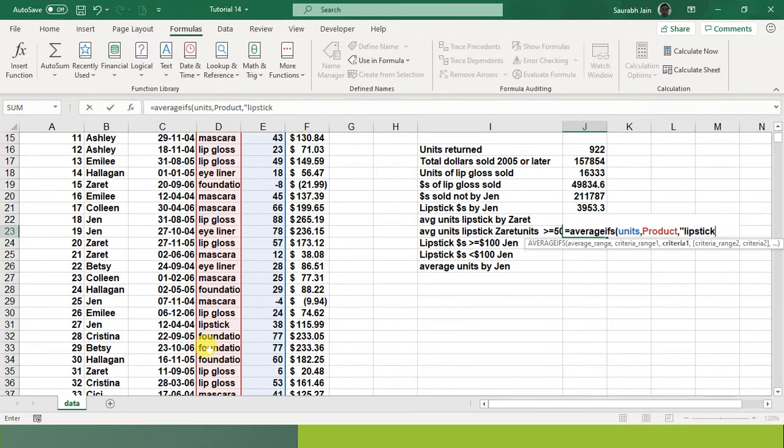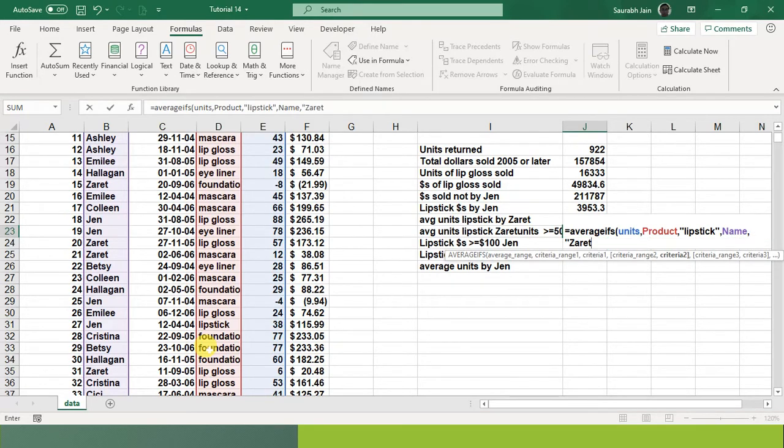Fine. Inverted comma close. Now name, comma, Zaret. Fine. Now it is all greater than or equal to 50. Comma.